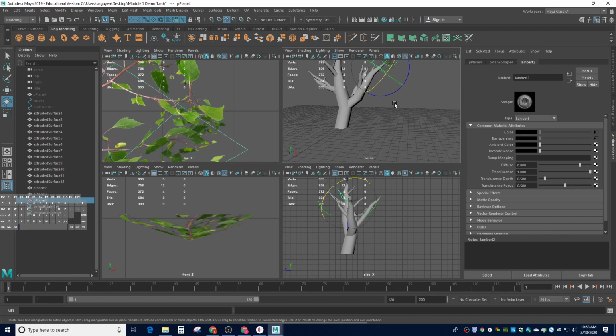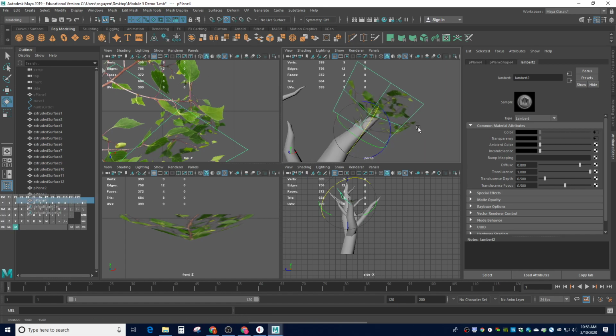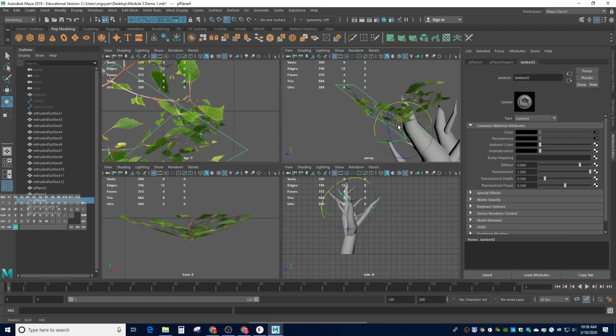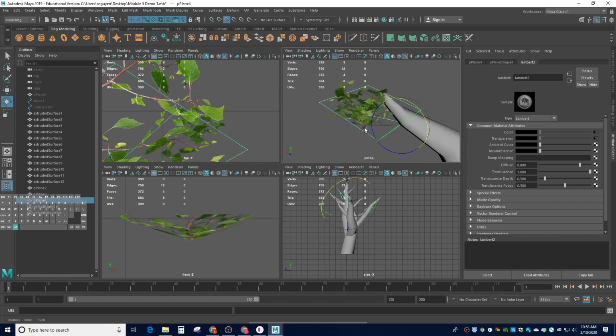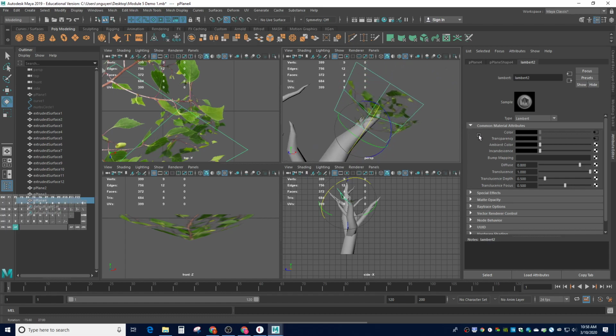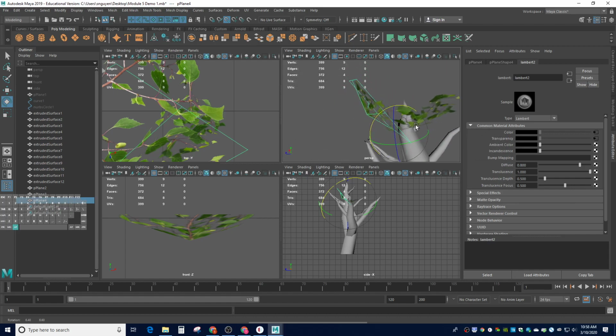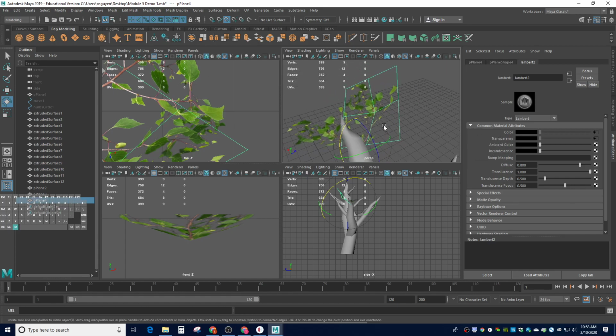So now when you look at this branch, you're going to see it from this view. You see multiple angles, and at some point it's going to look more real, at some point it's going to look less real, but you're going to get the idea here. So I'm going to duplicate it again,